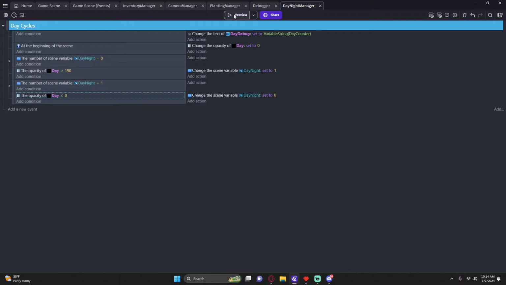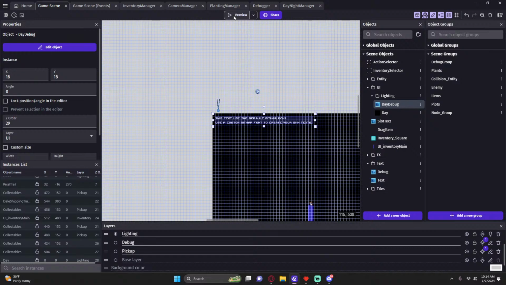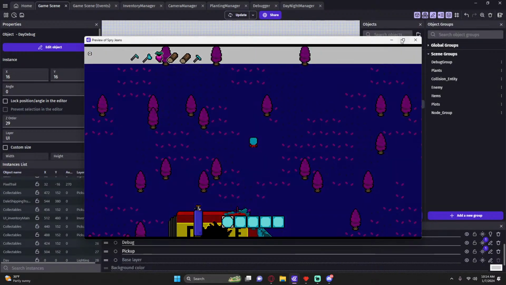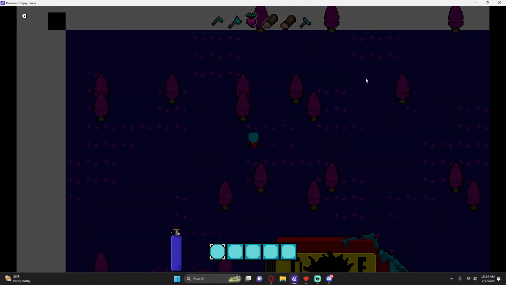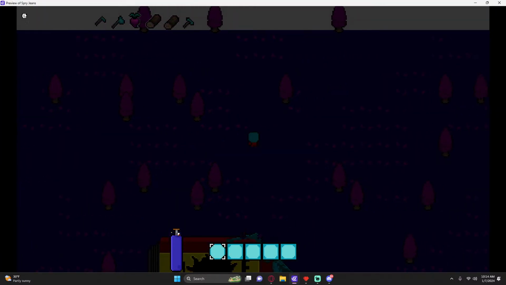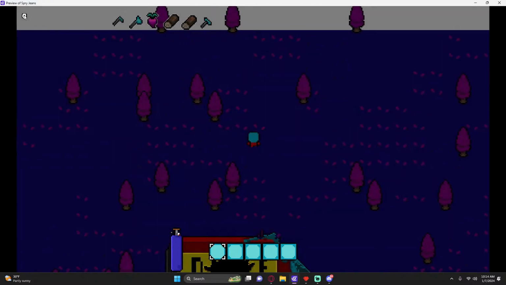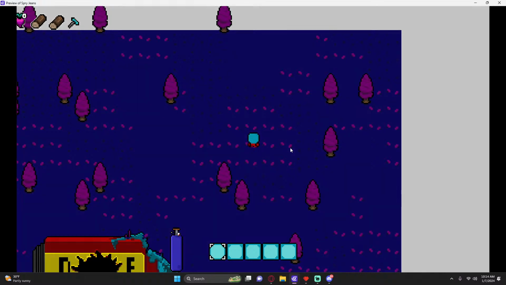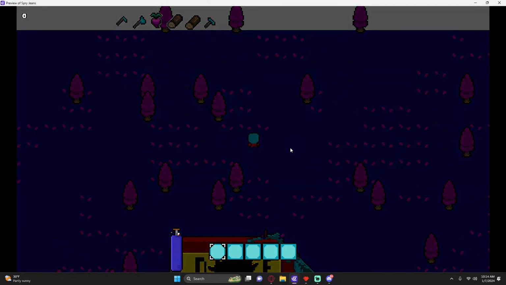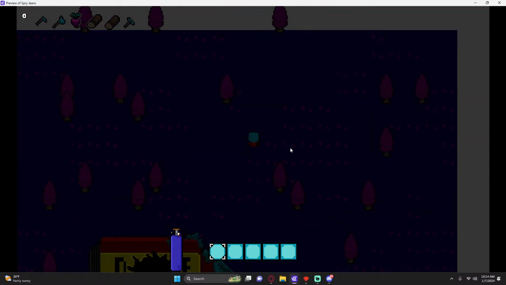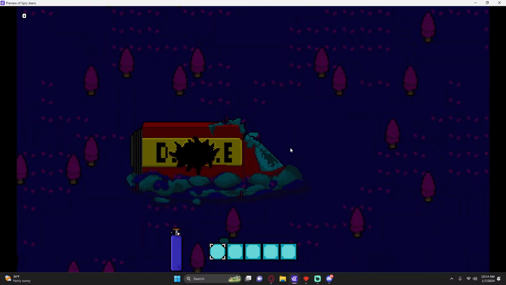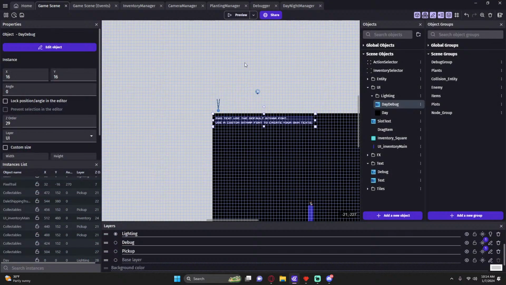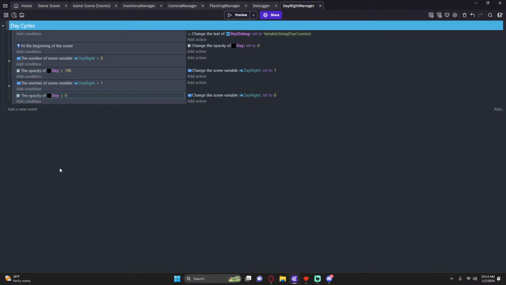Yes, yes. I am making my game TerraFarmers. Okay, so now what should happen is it should go dark to light, back to dark. And then we just need to work on our day counter. So now we have daylight coming. And now we should be having darkness coming back. Yes. And then back to light. Perfect. All right, so now our world is breathing. Obviously, it's going very quickly, but